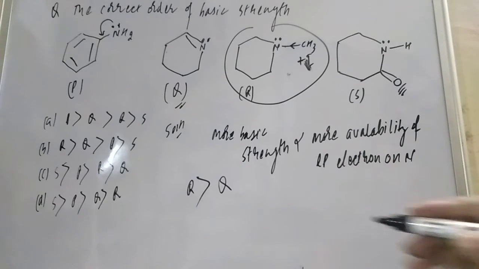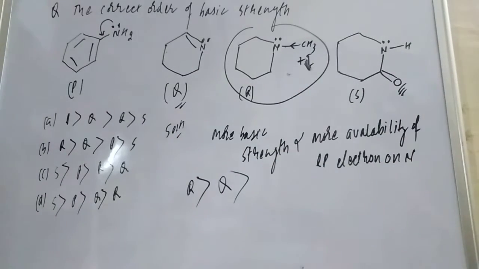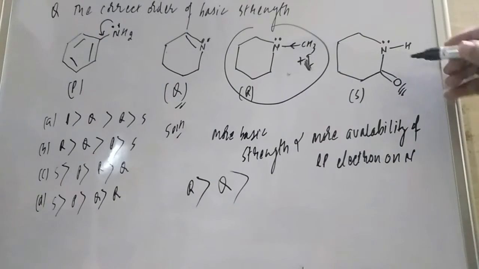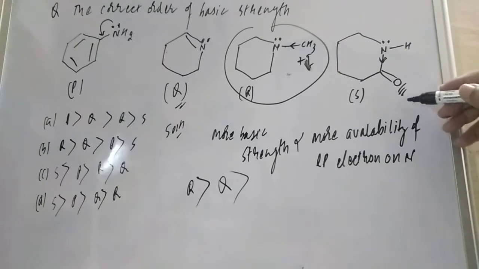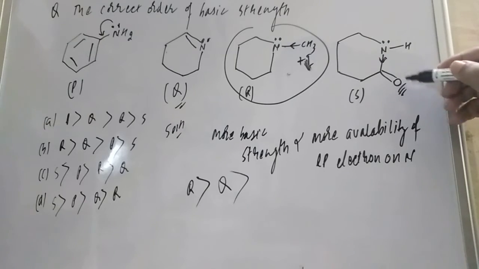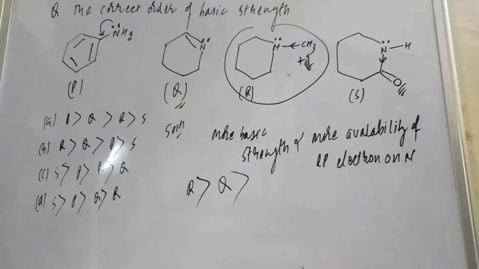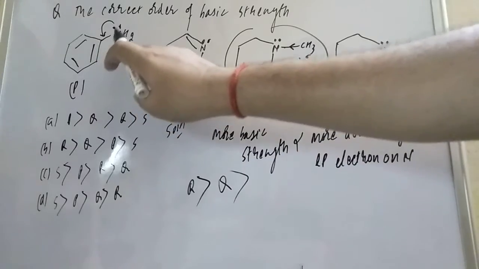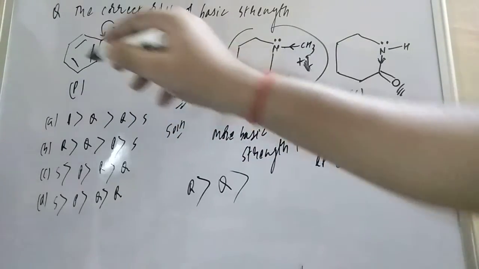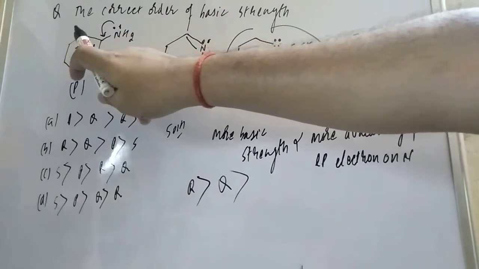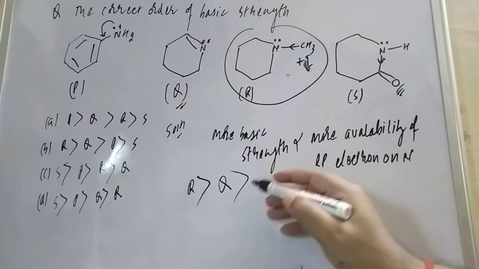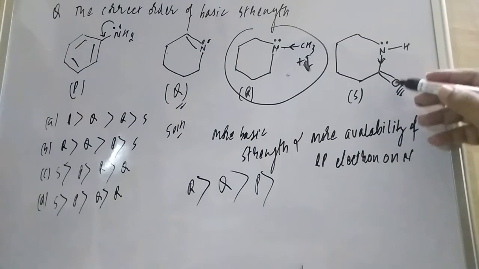Now let us go for the next one. What is less? p and s. If you see, student, in p, resonance is there and here an electronegative atom is there. So an electronegative atom means it will withdraw the electron. So if it is withdrawing the electron, the availability of lone pair electrons will be least. But here it is involving resonance, and the ring is also electron rich. So that much lone pair electron cannot be withdrawn by the ring. So that is r, then q, then p, and finally s.